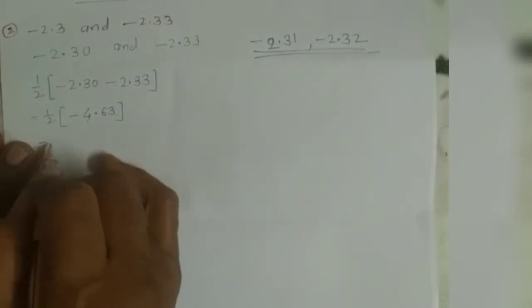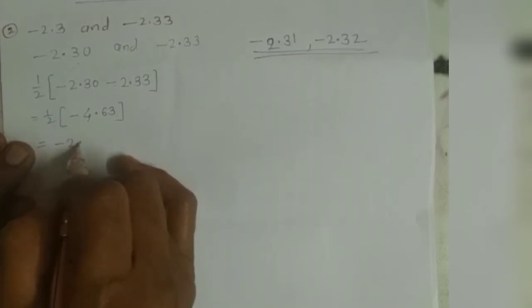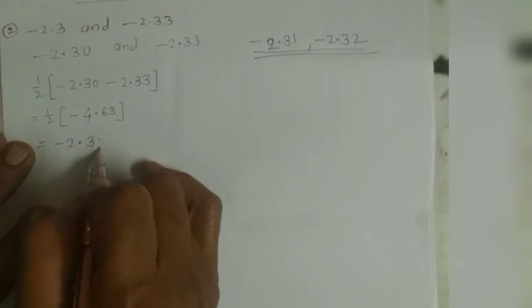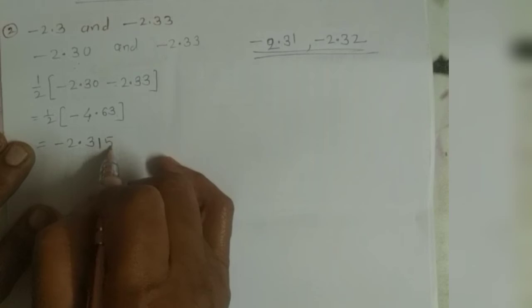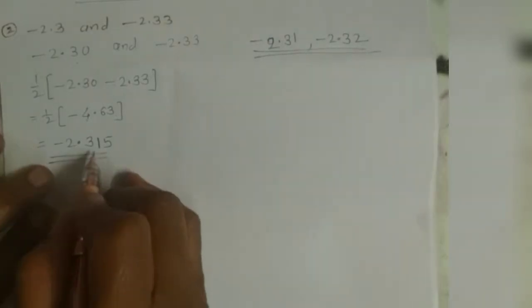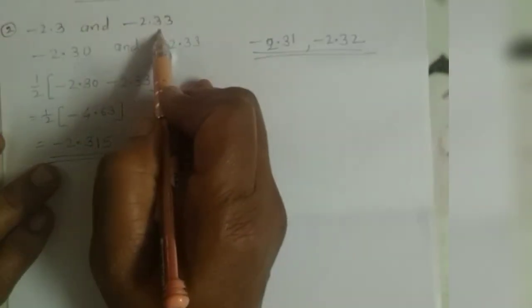Now dividing by 2, we get here minus 2, 2 fours are 4, point is there, 2 threes are 6, 2 ones are 2, and taking one more 0, 2 fives are 10. This is one of the rational numbers. Now join this one number to this number also and to this number also.